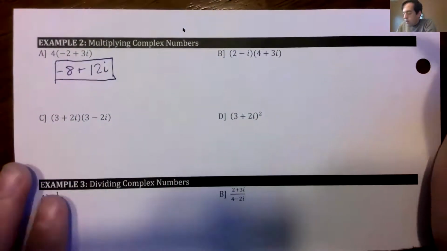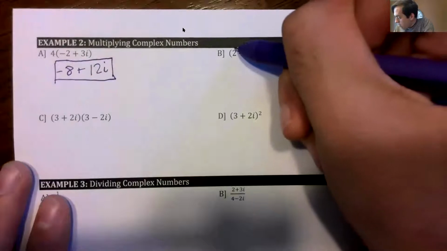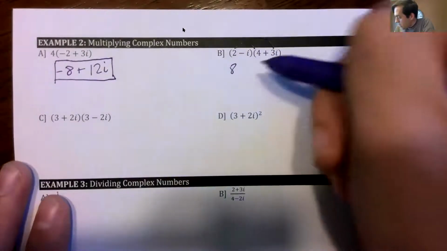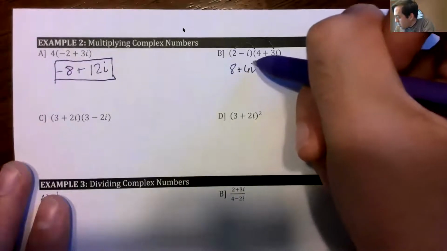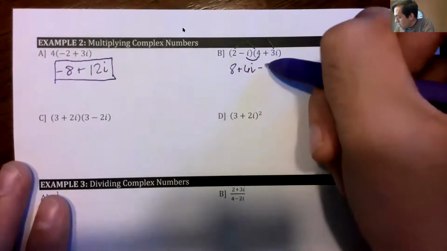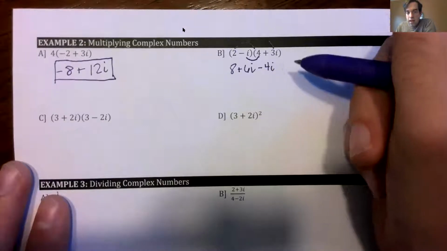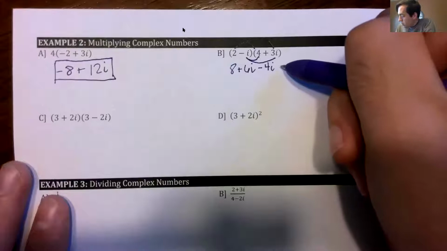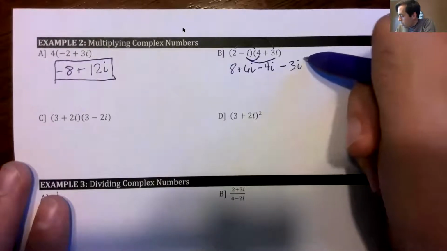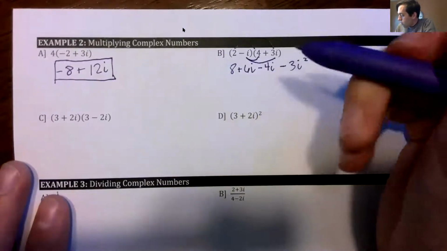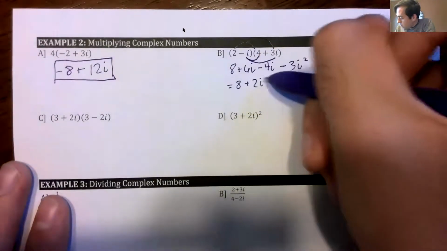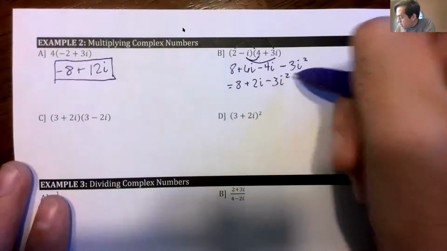In letter B, we're going to FOIL. So we have 2 times 4 is 8. 2 times 3i is going to be 6i. Negative i times 4 is going to be negative 4i. And negative i times positive 3i is going to be negative 3i squared. So we can combine like terms and we get 8 plus 2i minus 3i squared, but we're not done yet